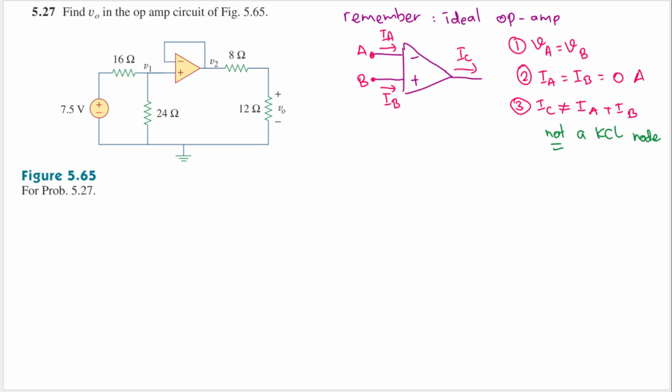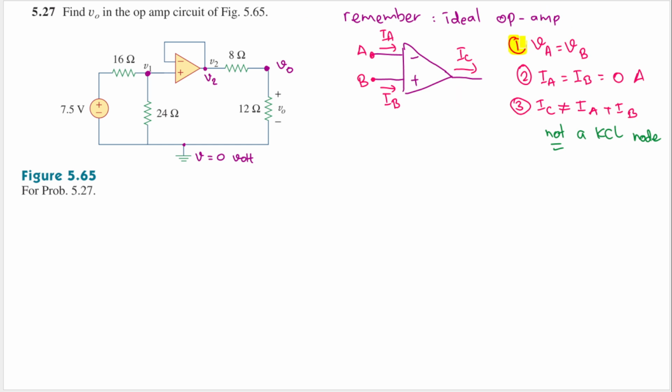Okay, let's see in the circuit here, what can we get? This is our ground here, so this is 0 volt. And this node here is V0 from the ground. Then this node is V2, and V2 is connected to the negative terminal of the op-amp. And then V1 here is connected to the positive terminal of the op-amp.